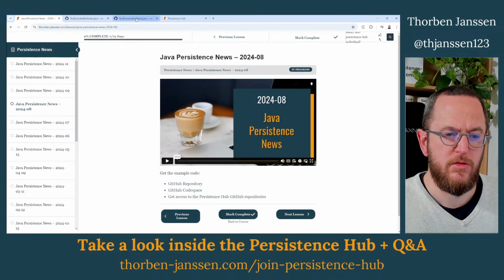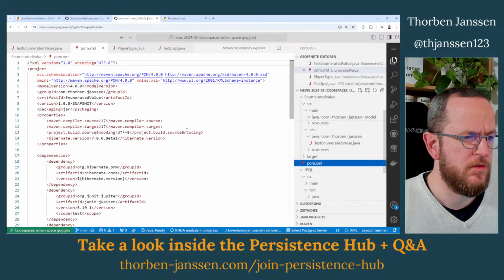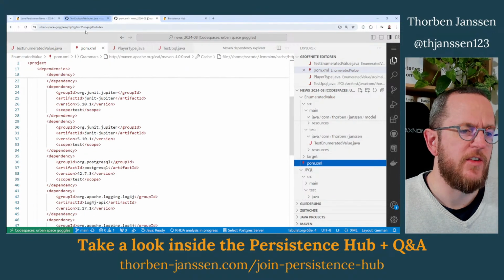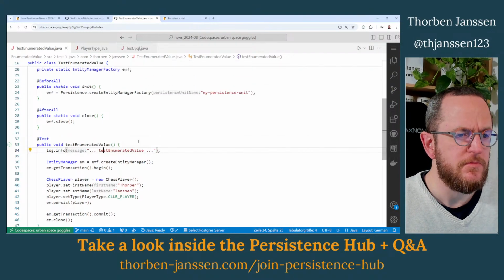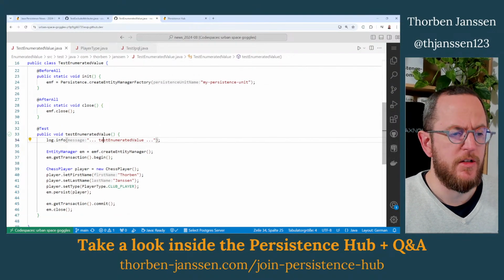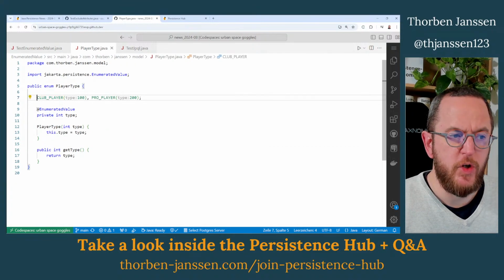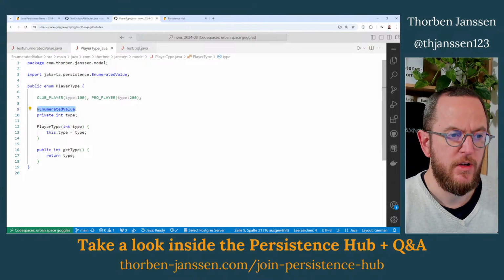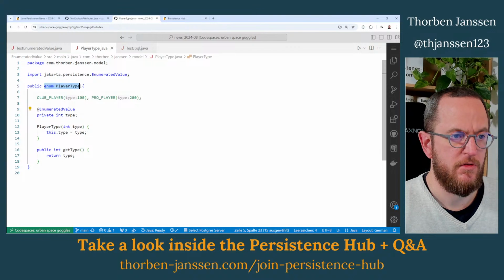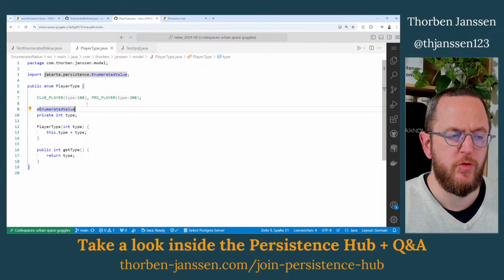I think it was 6.4. Or in that case, it was a 7.0 beta 1 release, where we had a look at the new enumerated value feature added by Hibernate 7, where you can now use an enum, give it a property annotated with enumerated value.